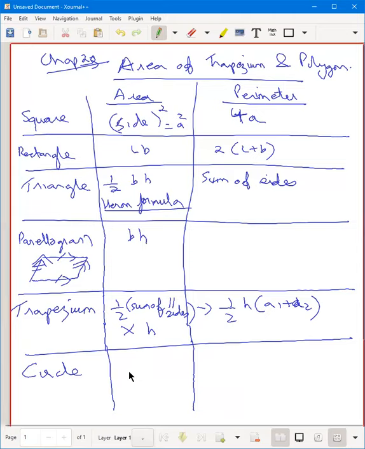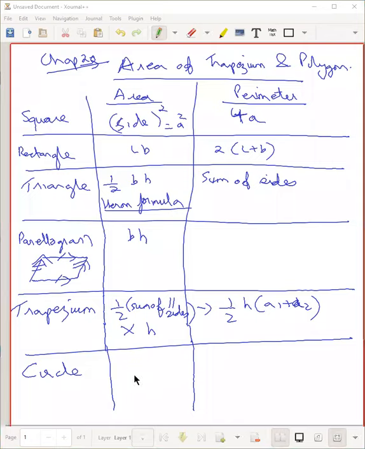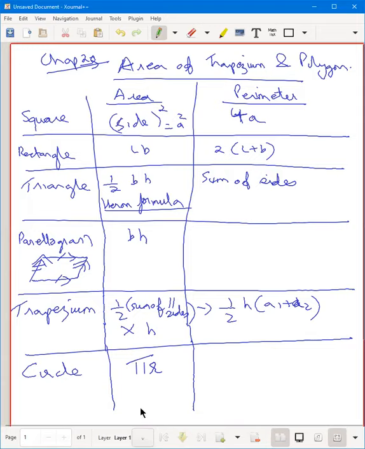Circle, anyone knows the formula for a circle? Area of a circle? Come on, you should be knowing this. Okay, let me just check. Twice pi r square. What is R over here? 22/7. R. Not pi. Radius. Right, and pi is 22/7. And what is the circumference of a circle or the perimeter of a circle? Formula for that? So 2 pi r or pi d, because 2r is equal to d. So we can even say pi d, where d is the diameter.